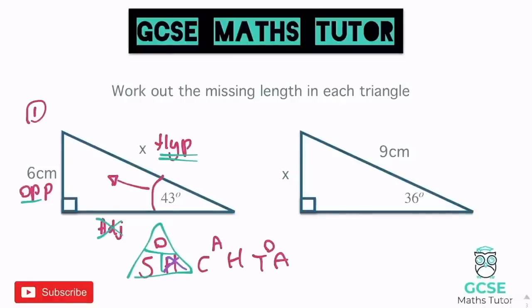So to find the hypotenuse, I'm going to do the opposite, which is 6, and I'm going to divide it by sine. All I need to remember is to put the angle here, 43, with sine. So sine 43. So sine 43 tells me the relationship between the opposite and hypotenuse, and in this case we're going to do a divide. O on the top, S on the bottom. Don't forget to put 43 in the bracket there for some of your calculators. So 6 divided by sine 43 on the calculator, 6 over sine 43 is